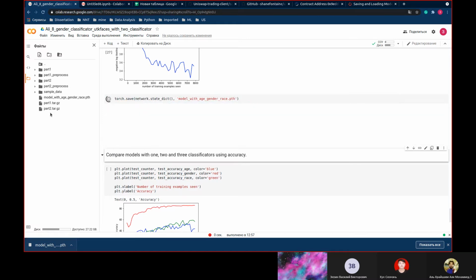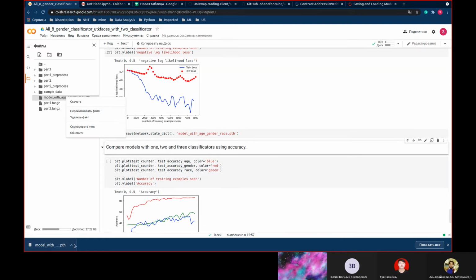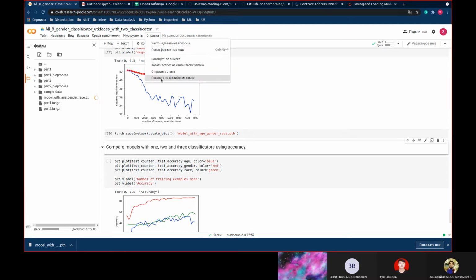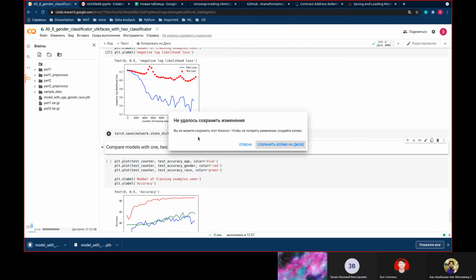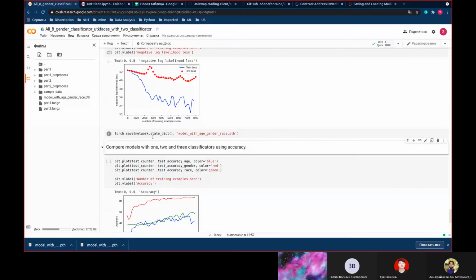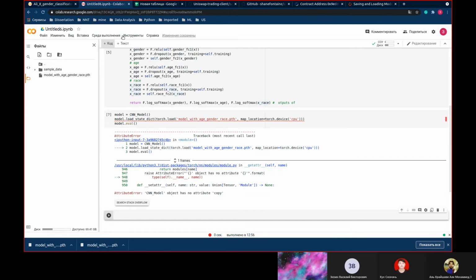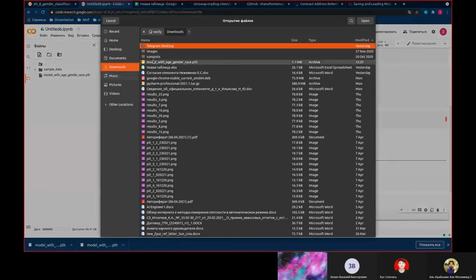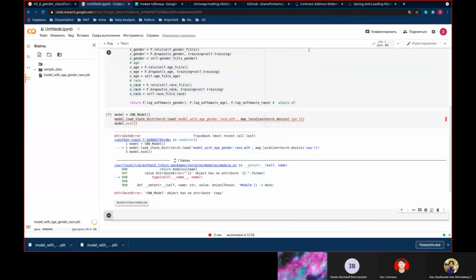Network, we say model, okay, we need to remove the previous model, and load. So upload.